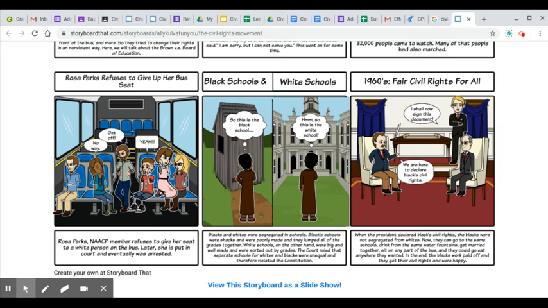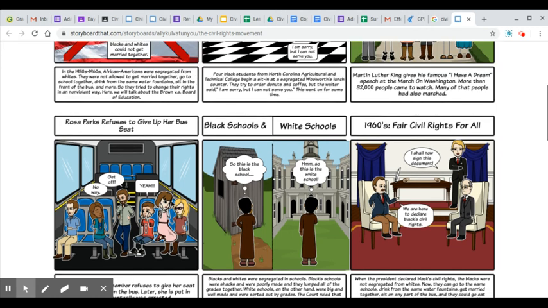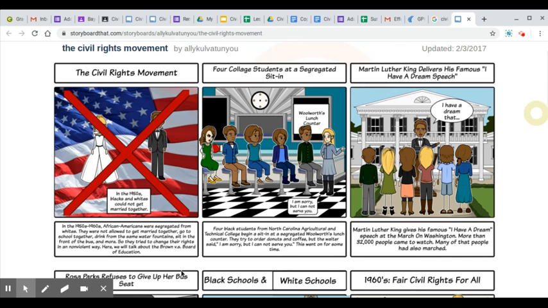This one with Rosa Parks, it's good in that it's describing the scene. It's explaining how that added to the civil rights movement. Although none of these kids really look like they're in the 1950s, get it as close to historical accurate as possible. This one is really good, reenacting the lunch counter sit-ins, Martin Luther King's "I Have a Dream" speech, and this person went through the effort of actually finding something that looks like one of the Washington D.C. government buildings in the background. That's the kind of stuff that I really like.